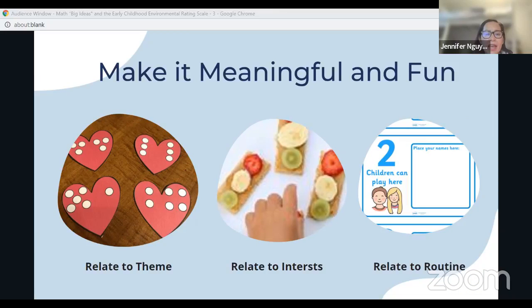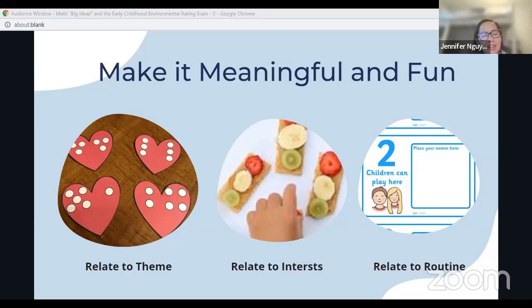All right, again, if you showed me dots when I was 4, I probably would have run away into the dramatic play area because dots to me might be a little boring. However, you can make it fun and spicy and more interesting. You can have subitizing materials that are related to your theme or your interest. It's February, so I put Valentine's Day subitizing materials. I put in food because all children seem to be interested in food, especially at snack time when it's usually food that they bring from home.